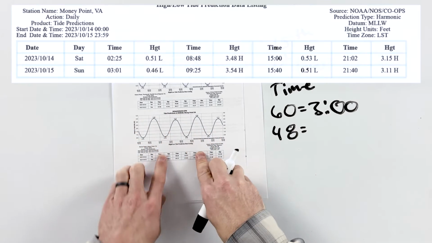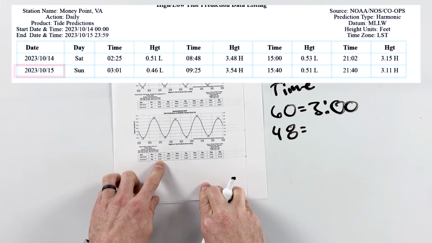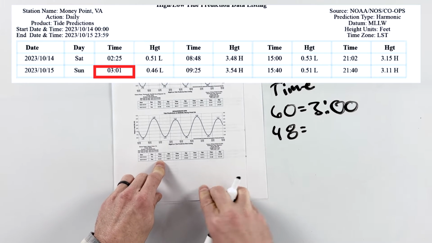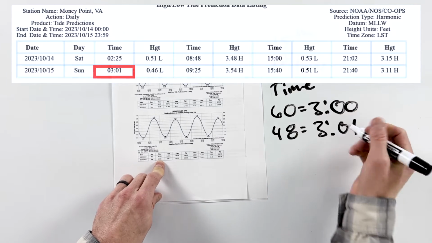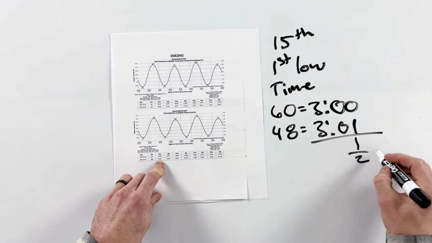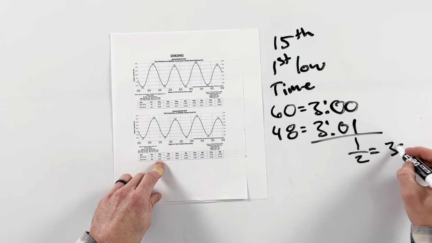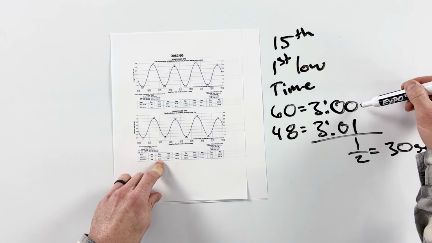So, and here's 48. We got the 15th, time of the first low. So it says 3:01. Okay. Well, there's 1 minute between that. If you divide it by 2 to get an average, you get 30 seconds, which is like 0.5 minutes. You're at 30